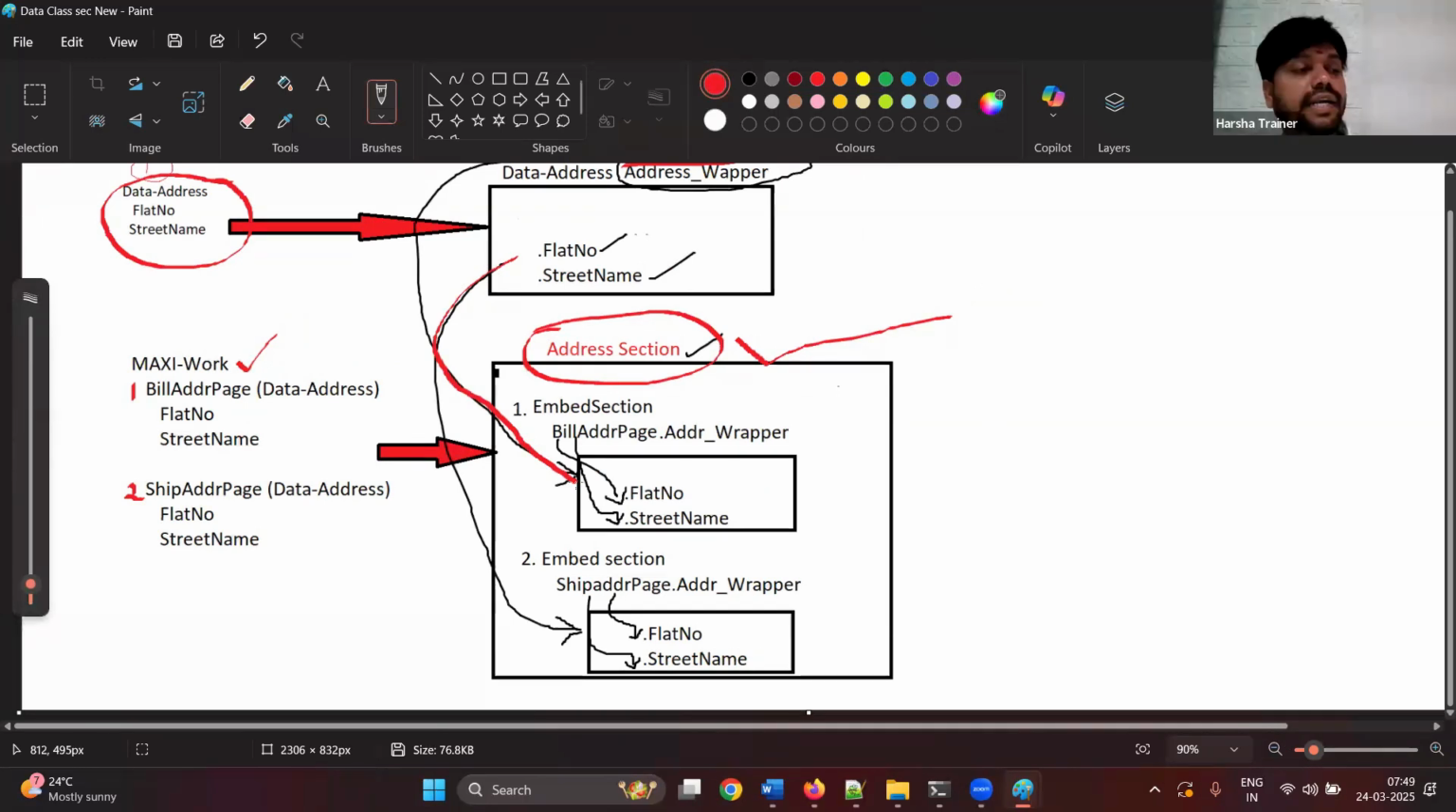Both are in non-inherited classes. Work class section can call only work class sections. It cannot directly call data class section because it has no inheritance with that. In this situation, we take the help of pages. Now you can embed the address wrapper section, which is in the data class, into work class with the help of a page,